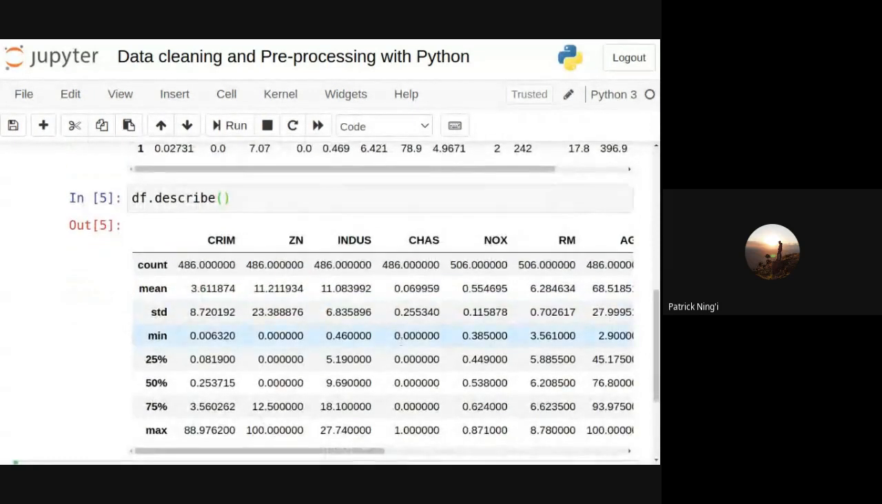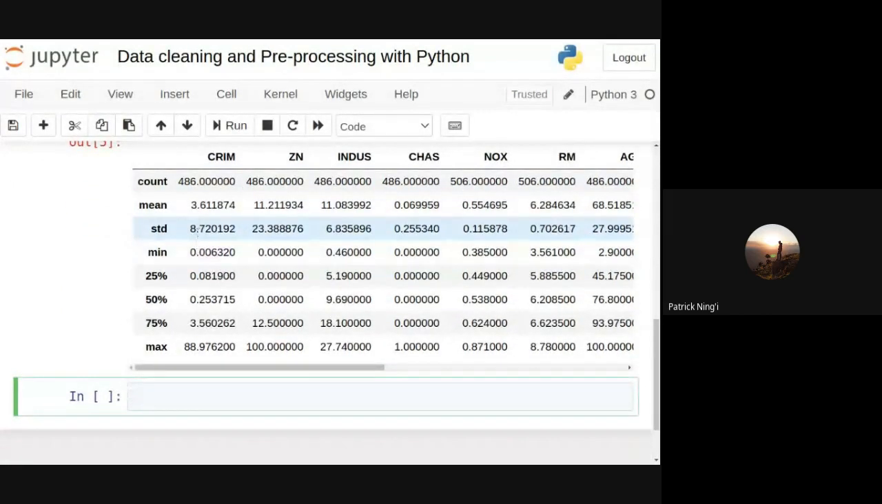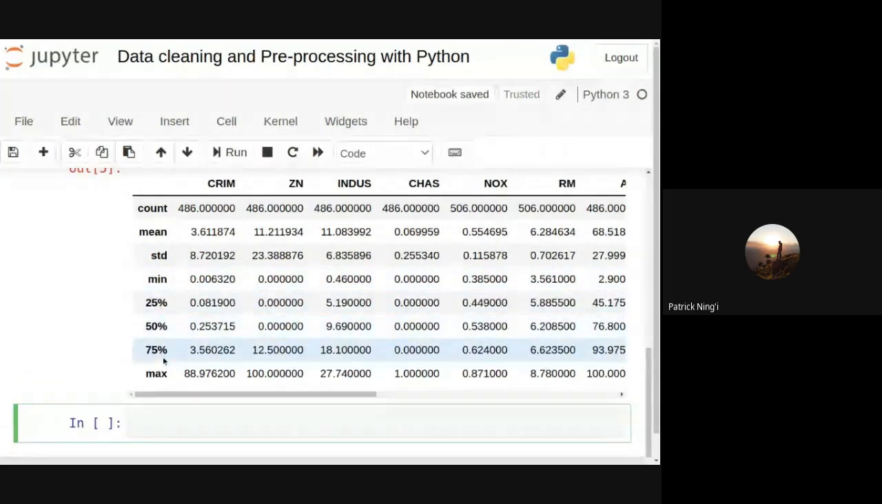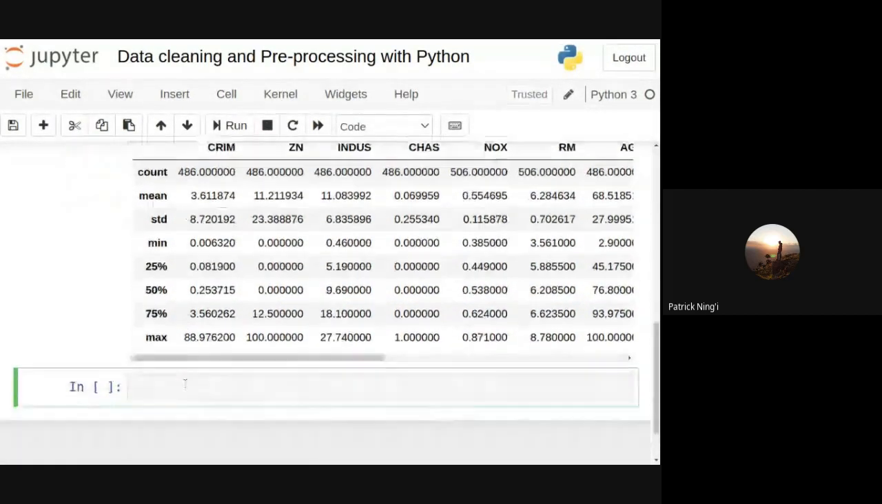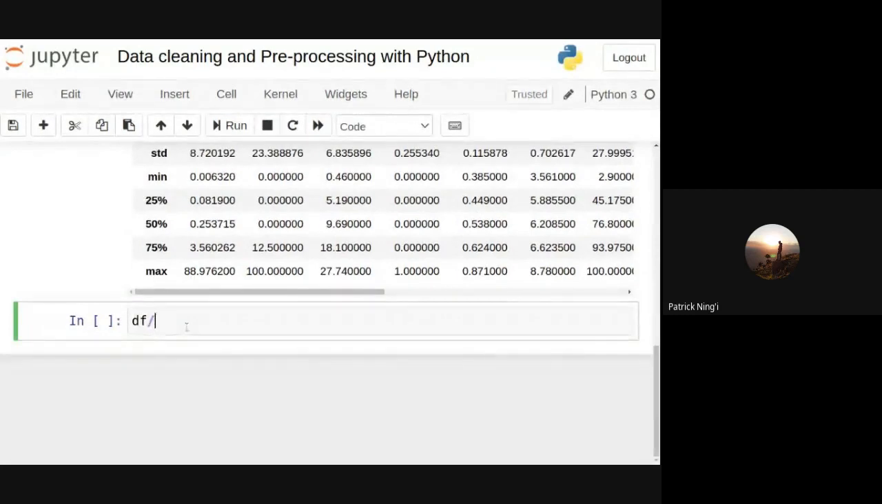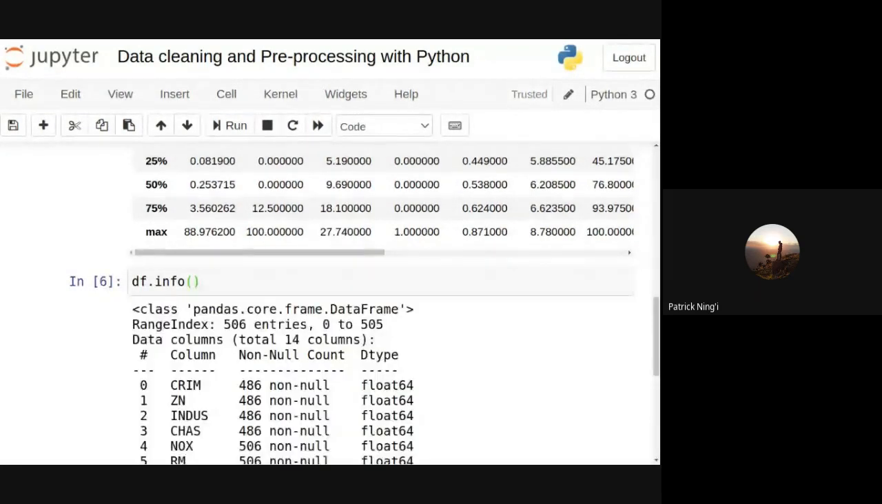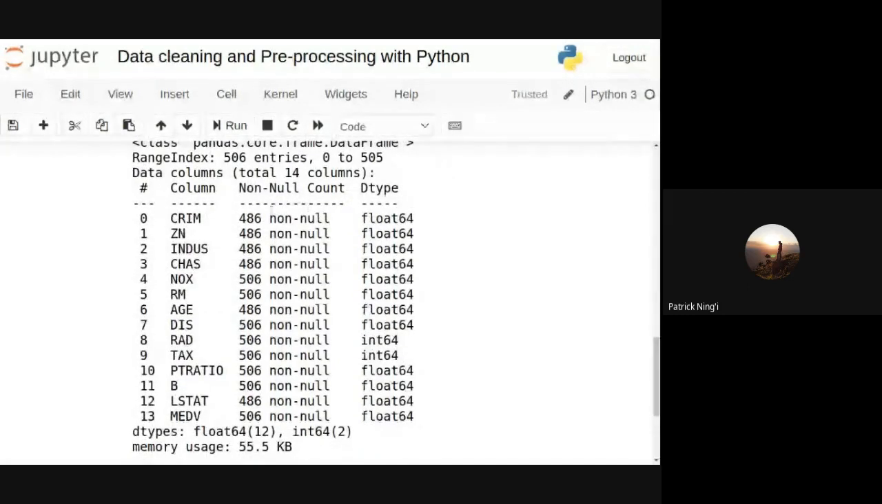You can see that we have 486 entries, and for each of these entries, we have the mean of each column, standard deviation, minimum, lower quartile, median, upper quartile, and the maximum value. We can also print out some basic information from our data set. You can see that we have 486 non-null values in some columns,